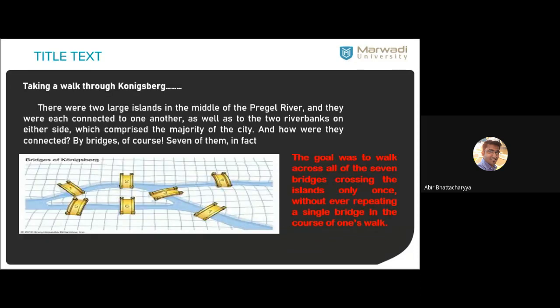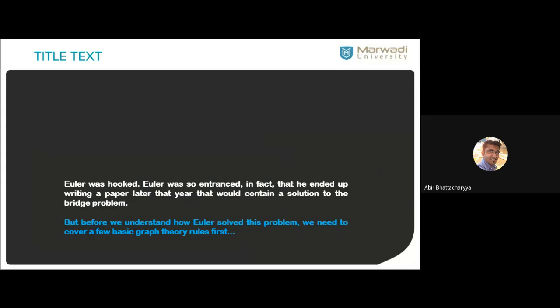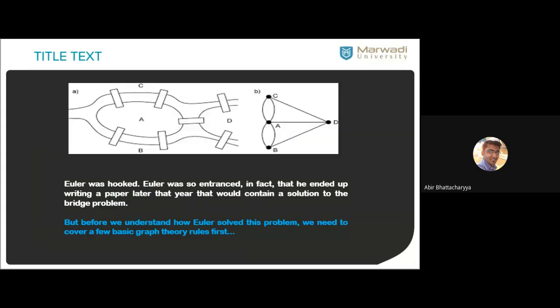So as I told you, in Königsberg, a total of 7 bridges are there. 1, 2, 3, 4, 5, 6, 7 bridges. And how many lands are there? Sorry, 4 lands are there. 7 bridges, 4 lands. So each land we can mark as a vertex: A, B, C, D. So there are a total of 4 vertices A, B, C, D, and how many edges?